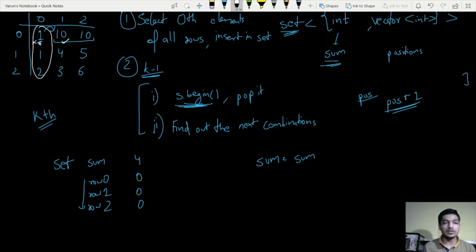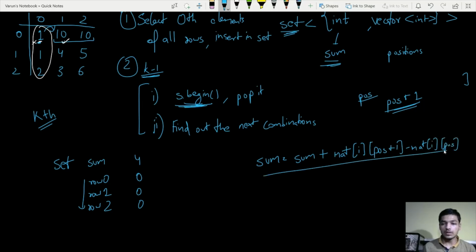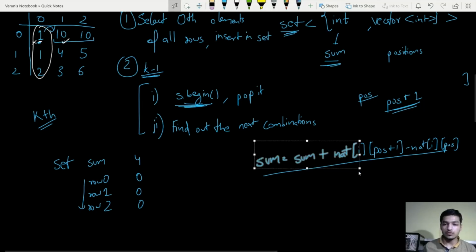The position of this element is pos and the position of this element is pos plus 1. So in our sum, we add the element present at mat of I and pos plus 1, and we subtract the element present at mat of I and pos. So this is our formula to calculate the sum for the next combination using the previous combination. So let's move it a bit.